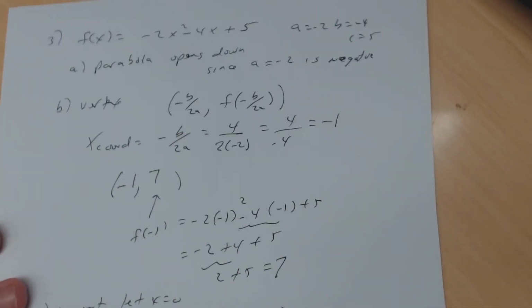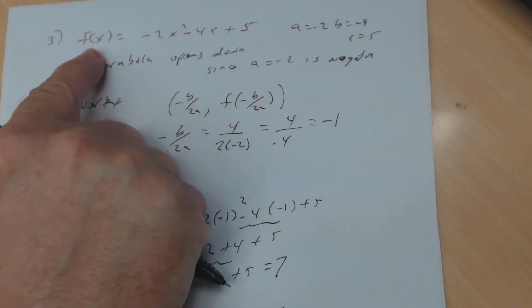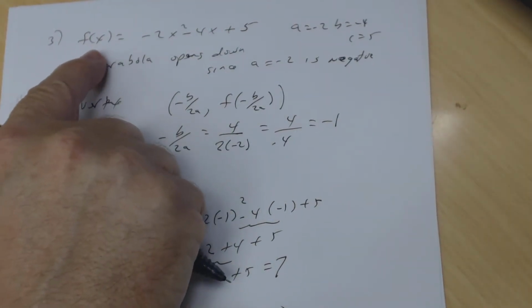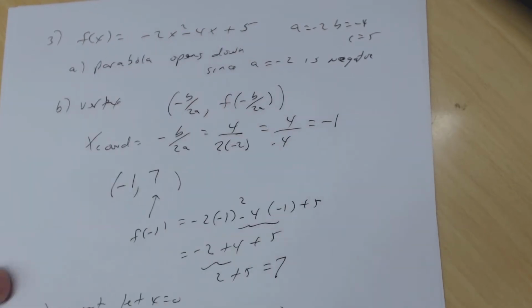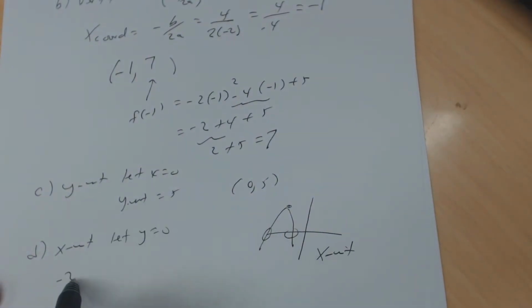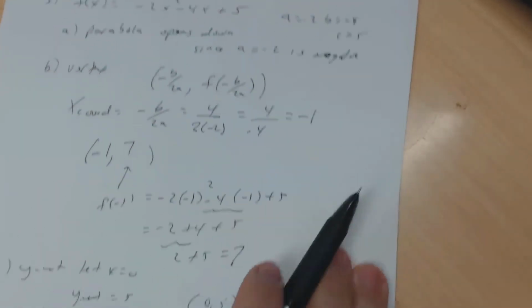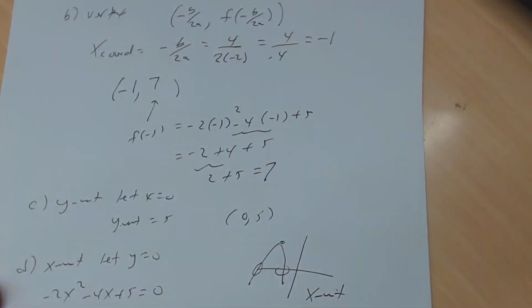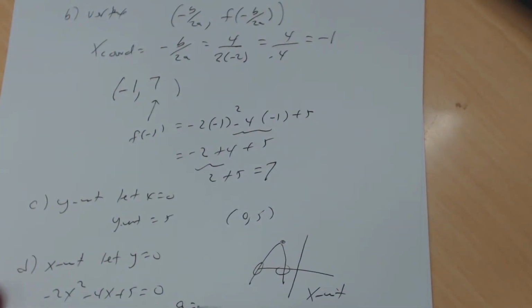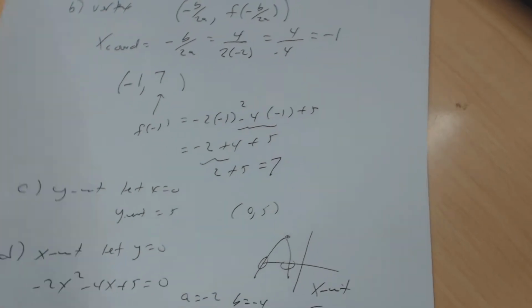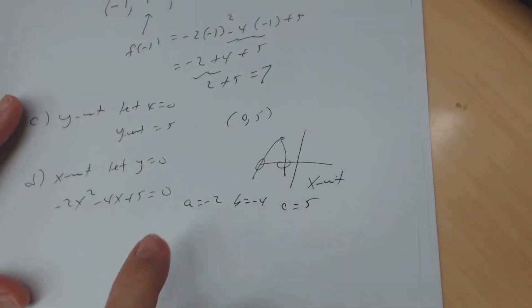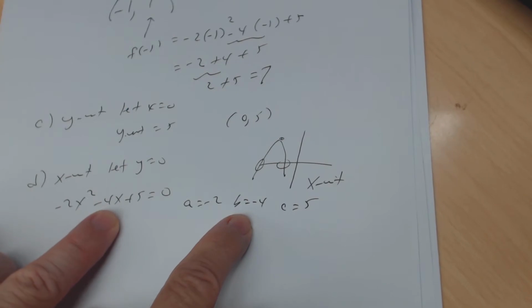So remember, to find them, you're going to set this function equal to, remember f of x is y, so then y is 0. So this has to equal 0. So you get negative 2x squared minus 4x plus 5 equals 0. And remember, a here, just go ahead and rewrite it. So a is negative 2, b is negative 4,